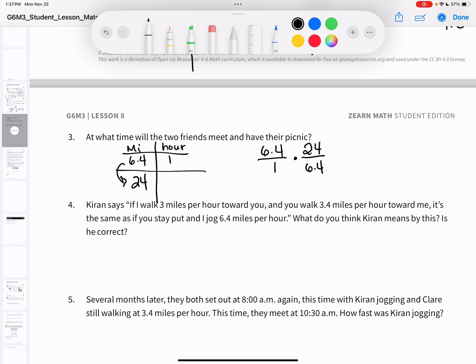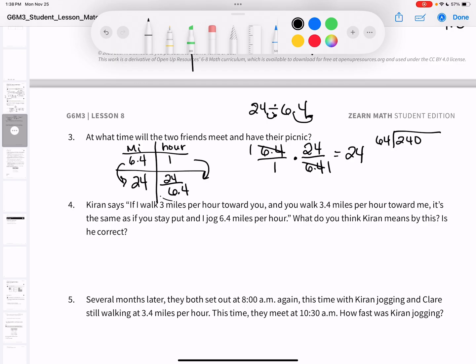Right? Because when we have a number in a numerator and a number in the denominator that are the same, we can reduce them to 1. So that would leave us with 24. So what am I going to do to that 1? I'm going to multiply that 1 by 24 over 6.4, and that gets us this answer. We cannot do 24 divided by 6.4 because we can't have a decimal. So we're going to move that decimal over 1, and we're going to move this decimal over 1. So we're really going to do